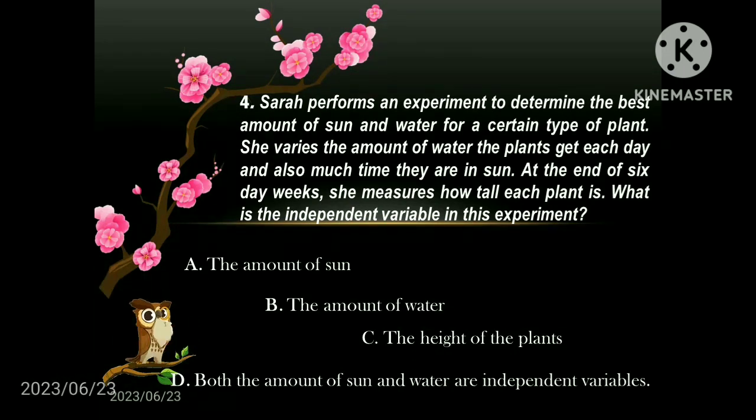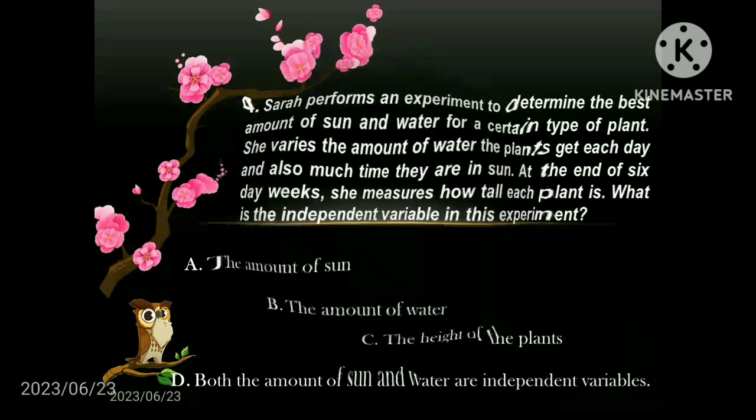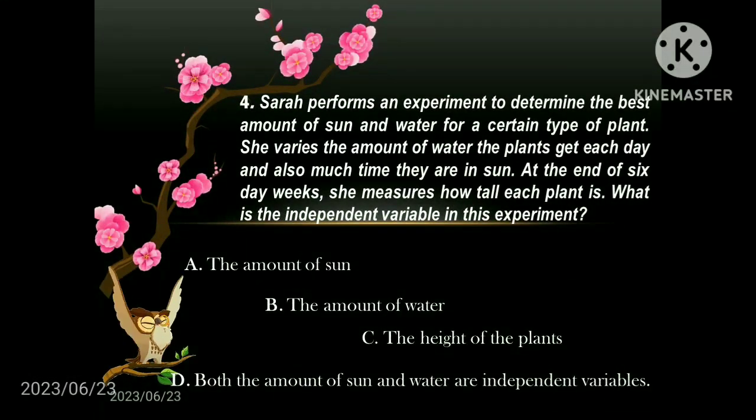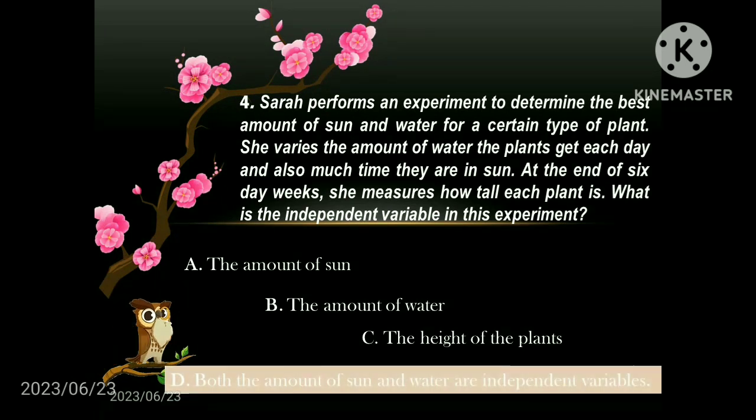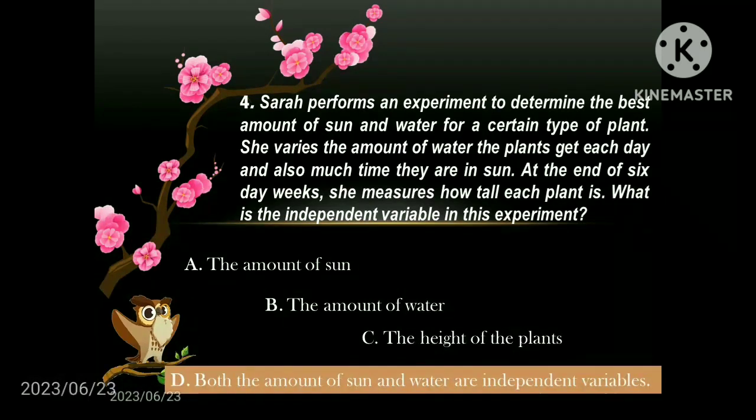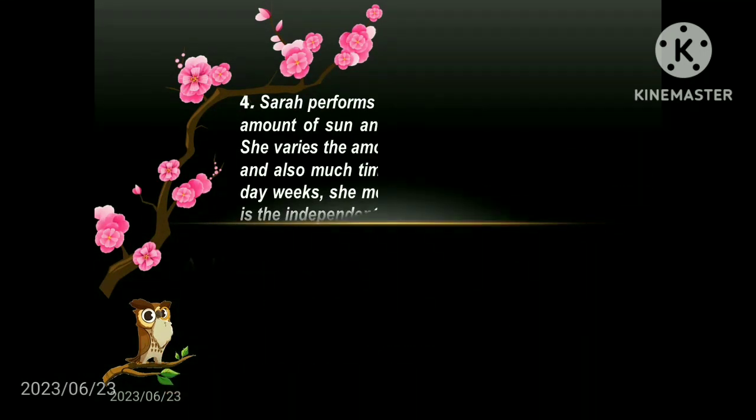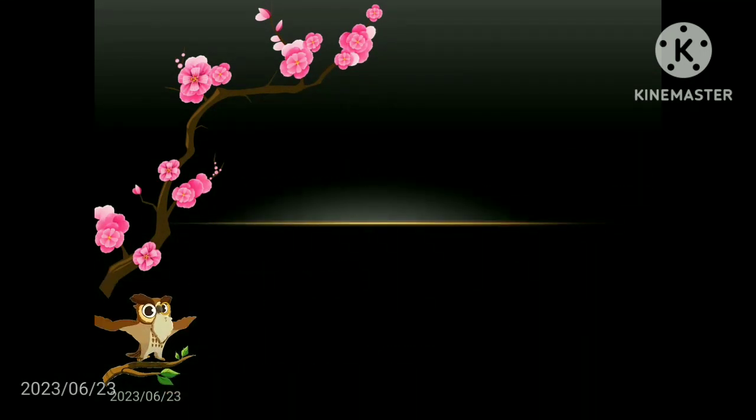Okay, so let's find out if we have the same answer. So, okay, that is letter D. Both the amount of sun and water are independent variables. Okay, now we are going to proceed to our last question. So that is number 5. Next question is,